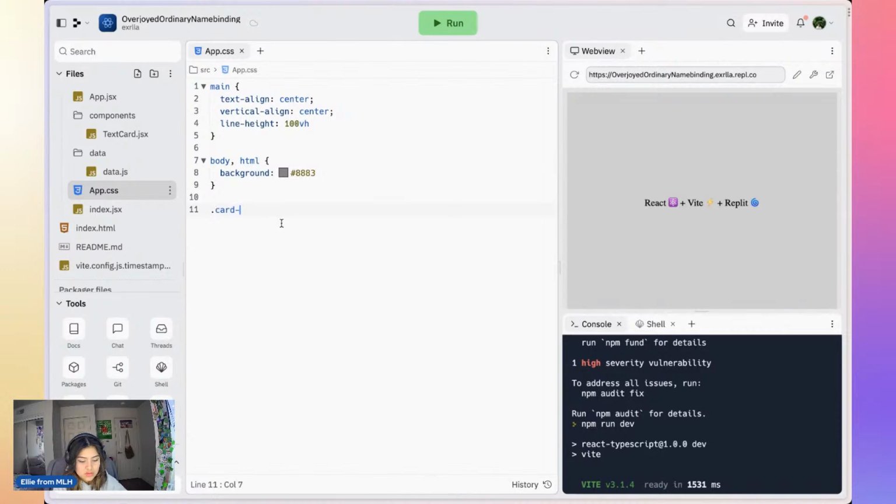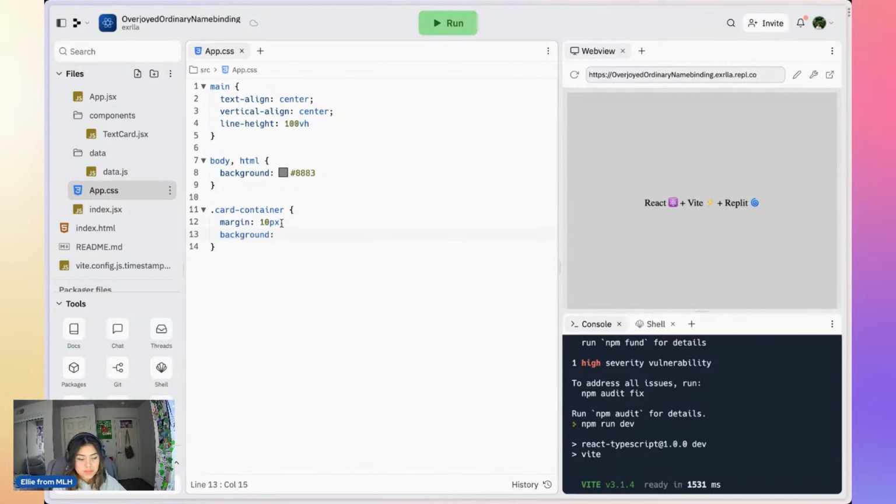And I want some margins. Let's do 10 pixels. And then